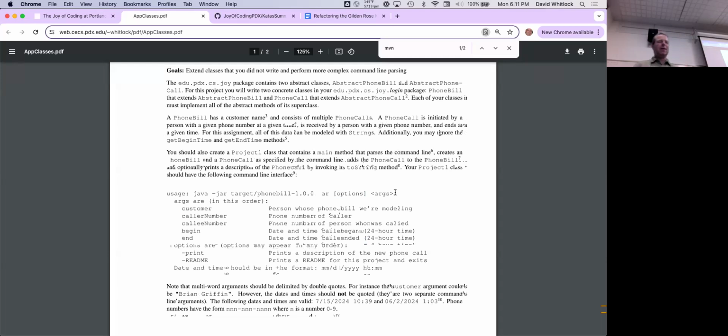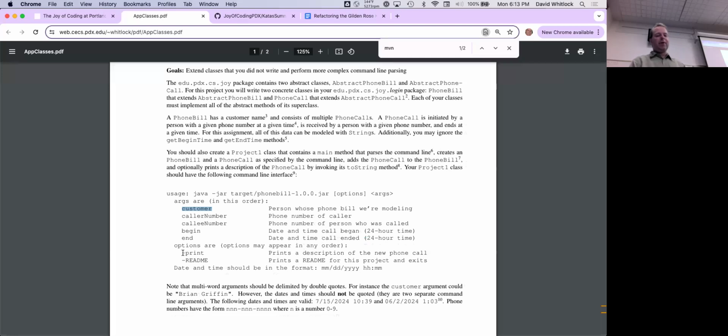So an advice I gave someone in office hours, and this is something that I've seen lots of students do over the years, and it's really come back to bite them, is that they'll make assumptions like, oh, the customer number is always going to be the second argument in the string. Well, it's not, because print may or may not be there, and they end up with some really complex logic in the command line parsing for project 1, and it's really a struggle to evolve it for projects 2, 3, and 4.